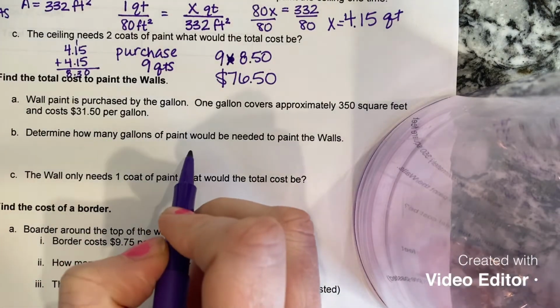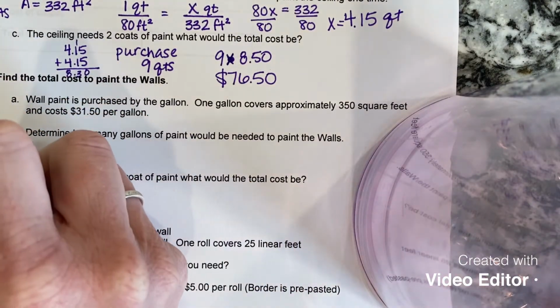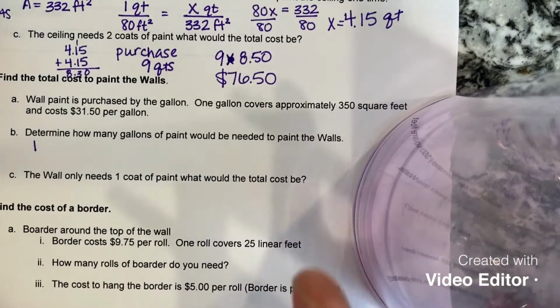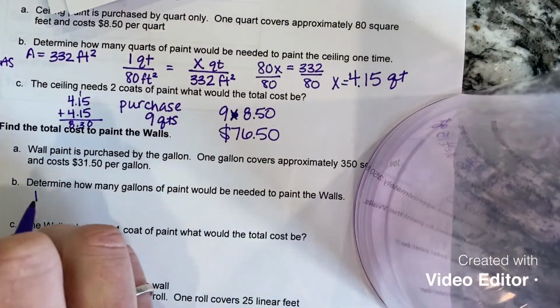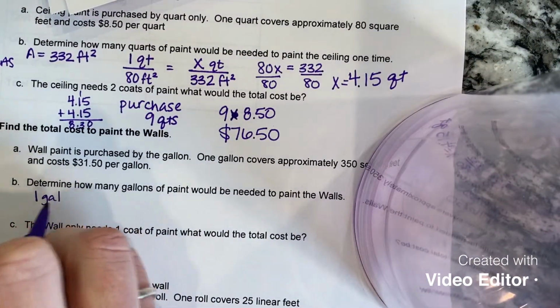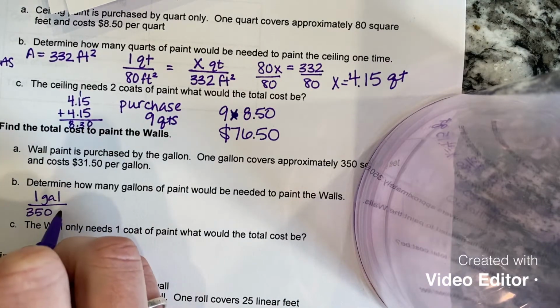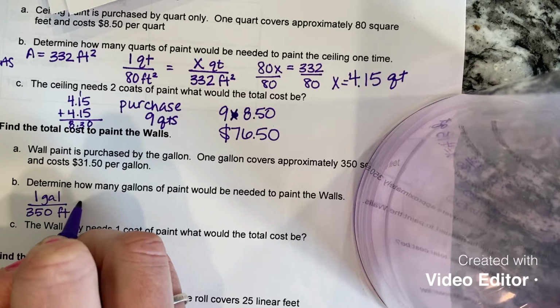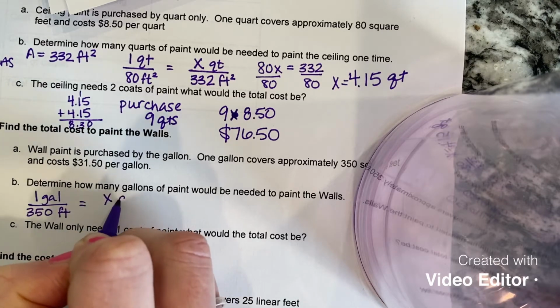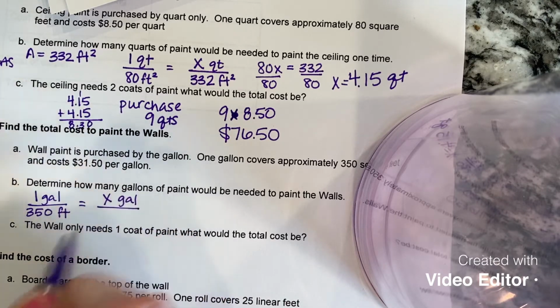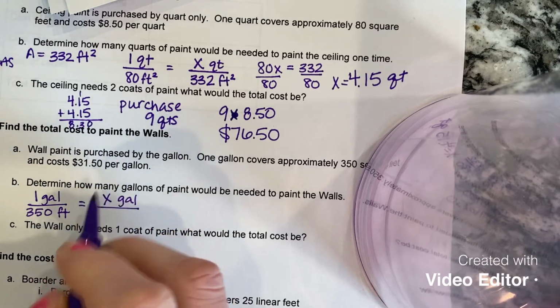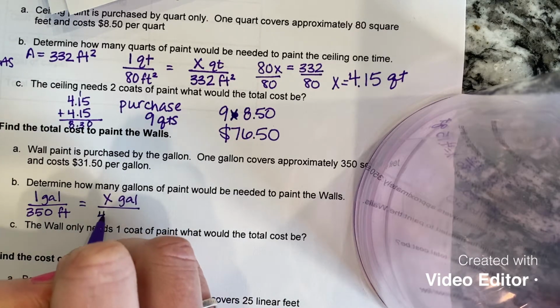Determine how many gallons of paint would be needed. So again, sorry, my hand is totally in the way. Let's move this up here. 1 gallon goes to 350 square feet, and you want to know how many gallons you need for your total wall area. My total wall coverage is